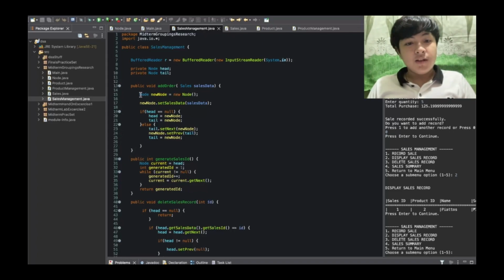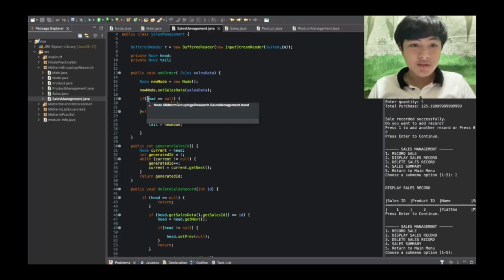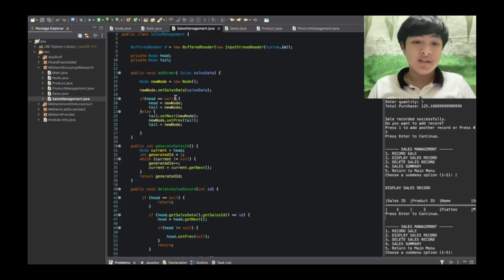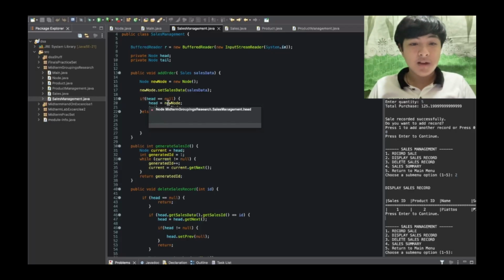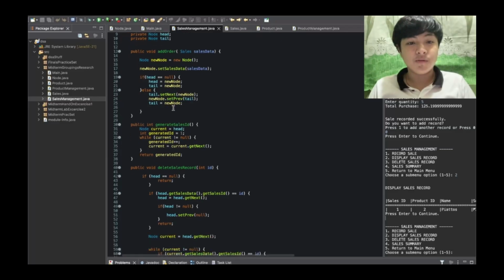And now we will create a node which is named new node, and that new node will be set to sales data. Next is the if statements. This one just checks if the head is null. If it's null, then head is equals to new node, also tail equals new node.